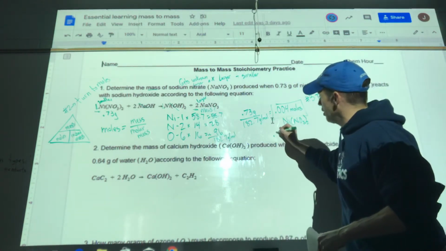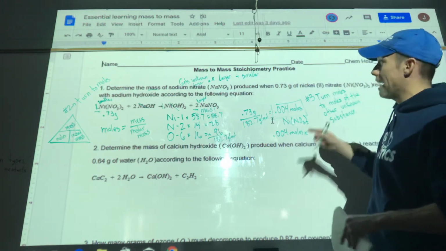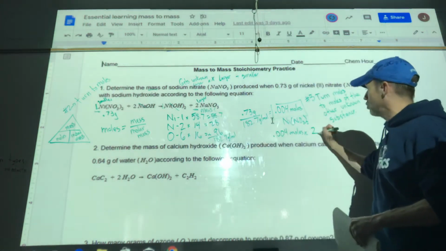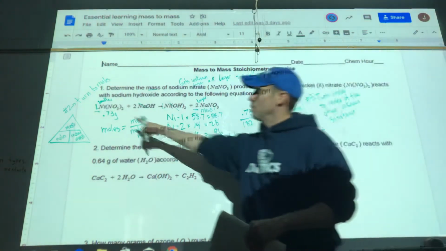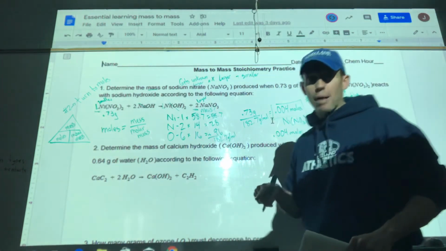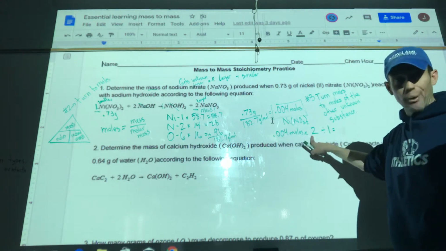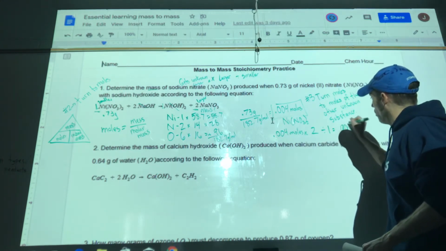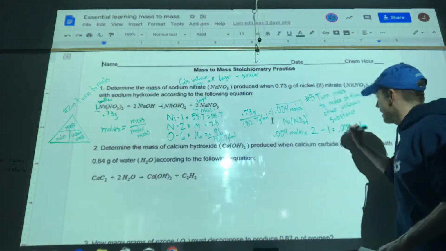So I'm going to take my 0.004 moles, and I'm going to multiply it by the larger one to make my number get larger. That happens to be a 2. So multiply it by 2. And then I'm going to divide it by the smaller one, which happens to be 1, which I know in this case doesn't change anything, but in other problems it might. Okay, so 0.004 times 2, that's going to give you 0.008, divided by 1, still 0.008. And this is your number of moles, in this case, of